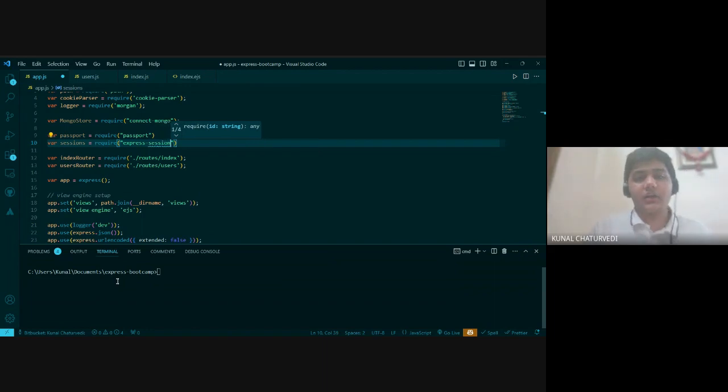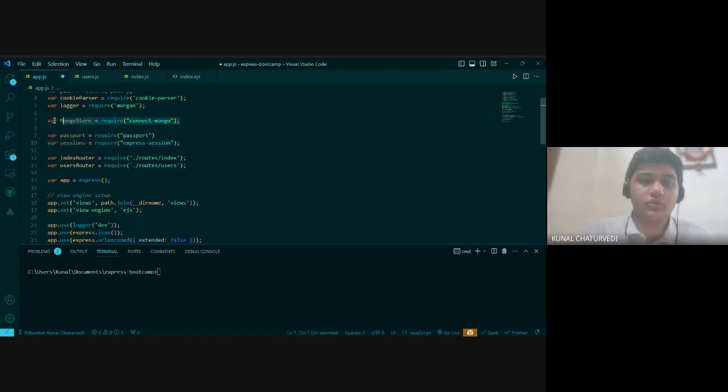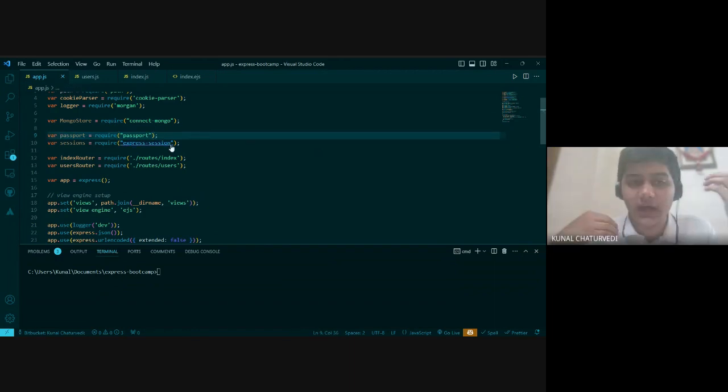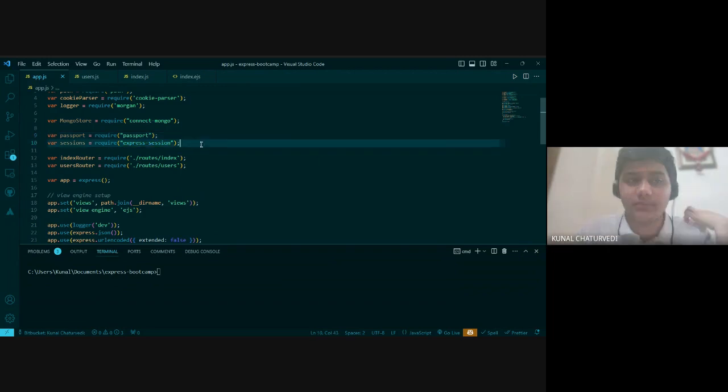And now what is this going to do? MongoStore will allow storing our authentication in our MongoDB database. Passport.js is the library, or the package, which is going to essentially allow us to log in in the first place. And also the sessions variable is going to allow our